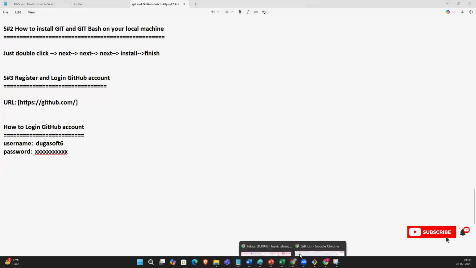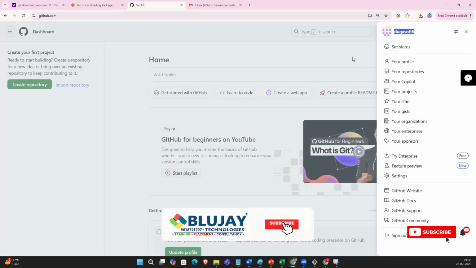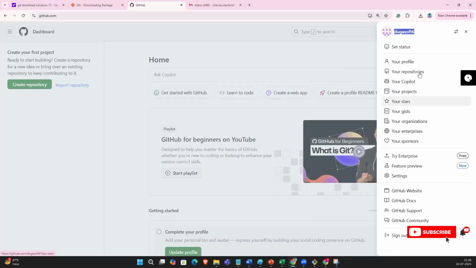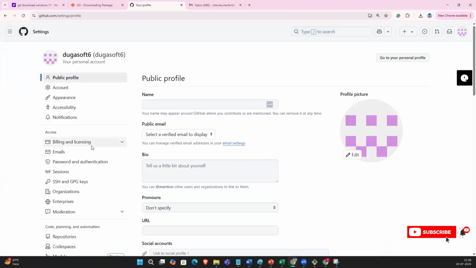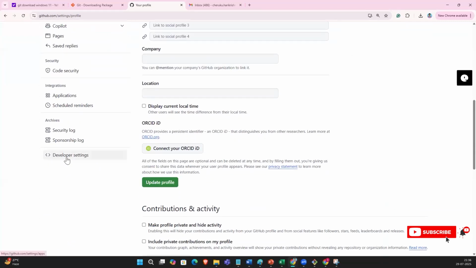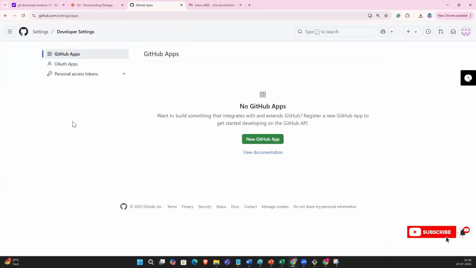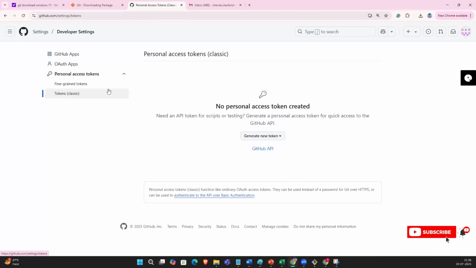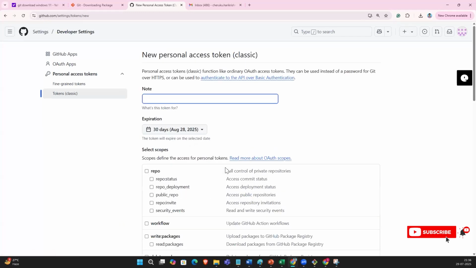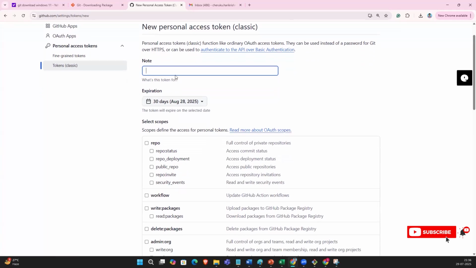So log into the GitHub account. You already logged into the GitHub account, and go to the settings. Click the settings. In the left side, there is developer settings. Click on the developer settings. Here you see GitHub apps, OAuth apps, personal access tokens. You can click the personal access tokens and token classic. Click the token classic, and here you need to generate the new token through the classic. Click on the classic. You can create a token name, Durga Soft